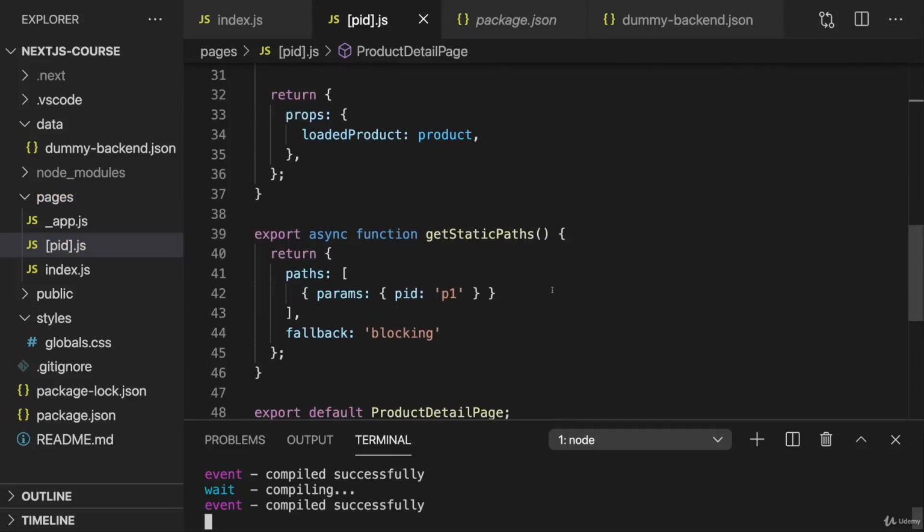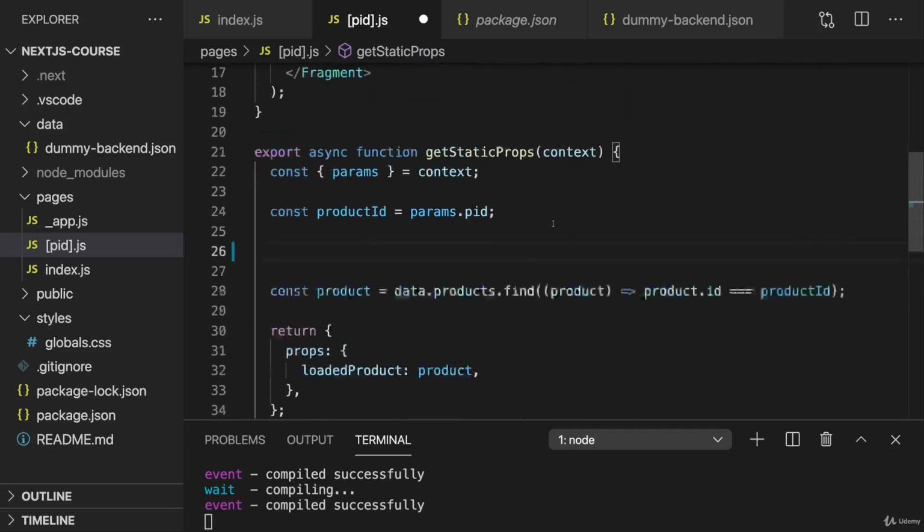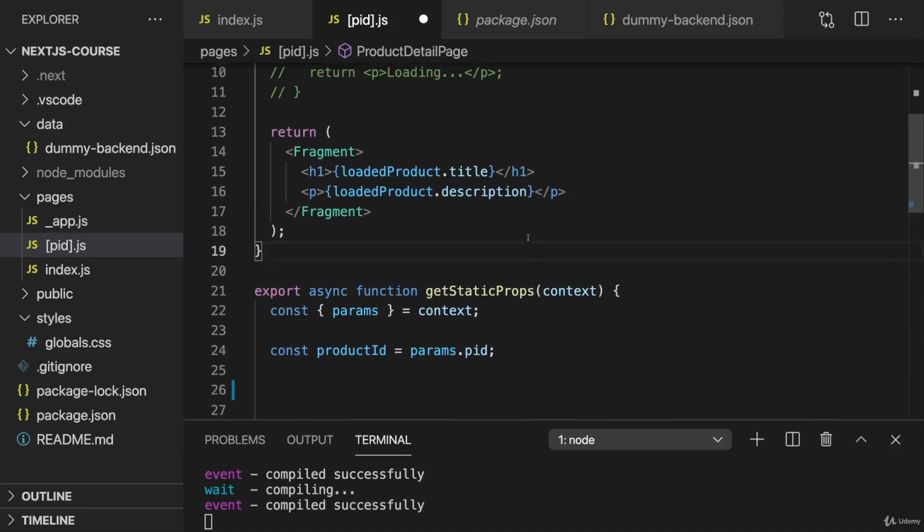So now we learned about getStaticPaths. At the moment, the way we use it is still a bit unrealistic though, because I hard-coded my PID values here into this function, and in reality, we would be fetching this kind of information from a database or a file as well. So therefore, in reality, we would basically just repeat this code here, and hence I'll grab that code and just outsource it into a separate function,